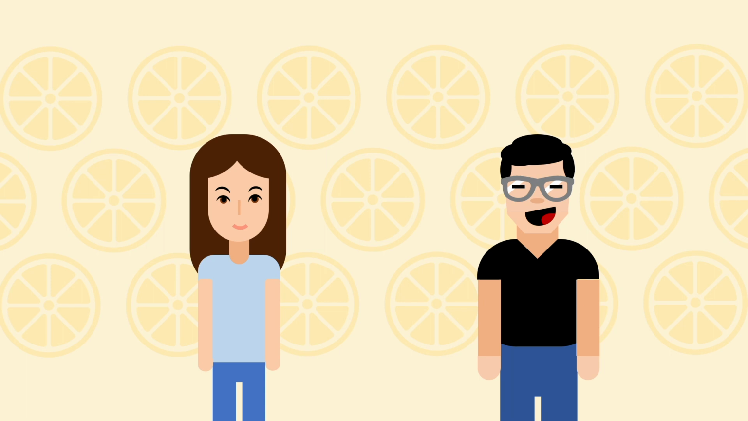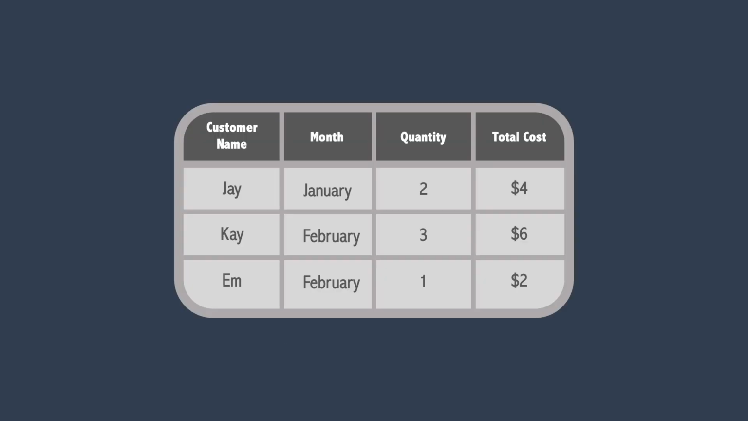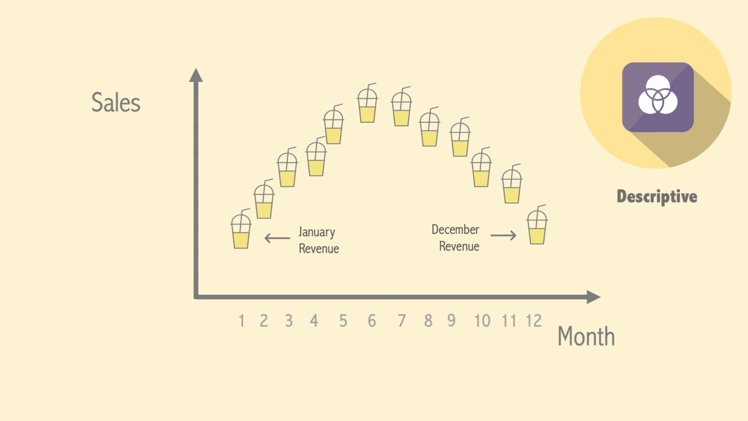Elle asks Jay, can you help me visualize how much money I'm making on a monthly basis? To do this, Jay collects all of the receipts in the past year and organizes these data into a structured table where each row tells us a specific transaction and each column tells us a feature of that transaction. Using this table, Jay can now easily compute the sum of revenue by each month and plot this information into a graph. This type of analysis is called descriptive analysis, where we essentially want to describe the data that we